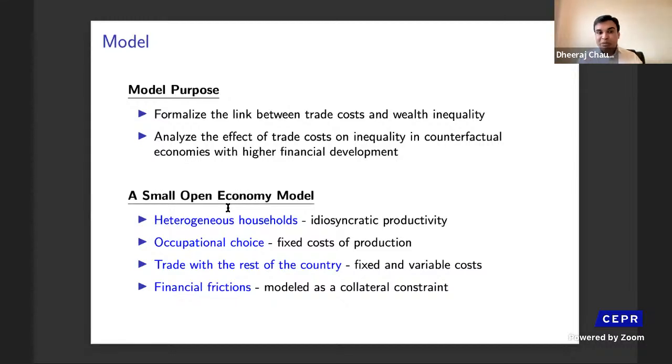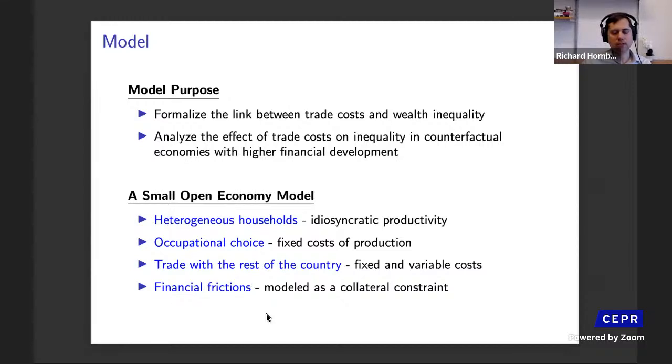This brings me to my second point, which is occupational choice. Households can choose to become entrepreneurs by paying a per period fixed cost of production, or they can choose to remain workers. Number three, there is trade with the rest of the country. In this small open economy, entrepreneurial households can choose to become exporters, and they can start shipping outside and supply to the rest of the country. And finally, the fourth feature is—